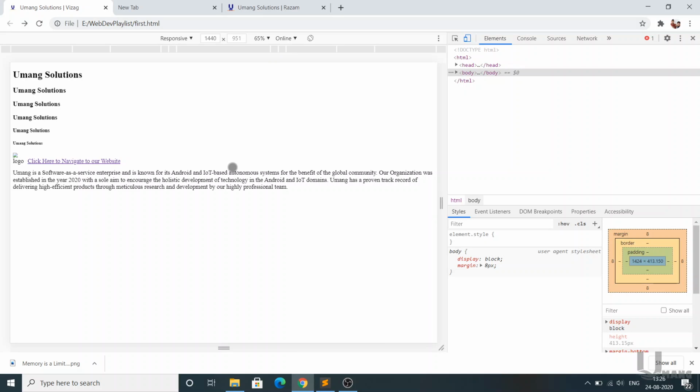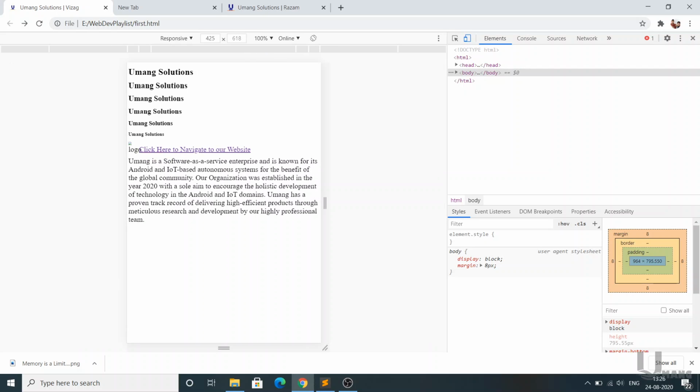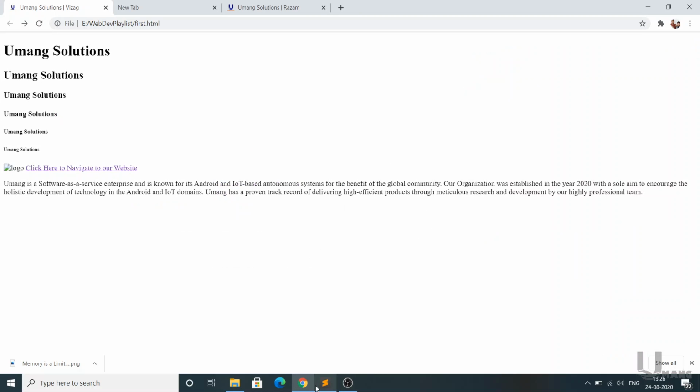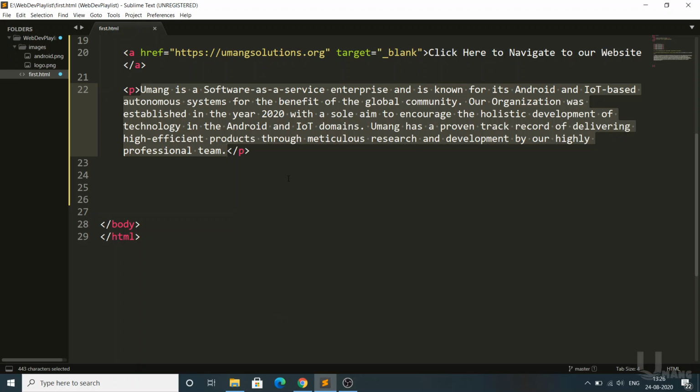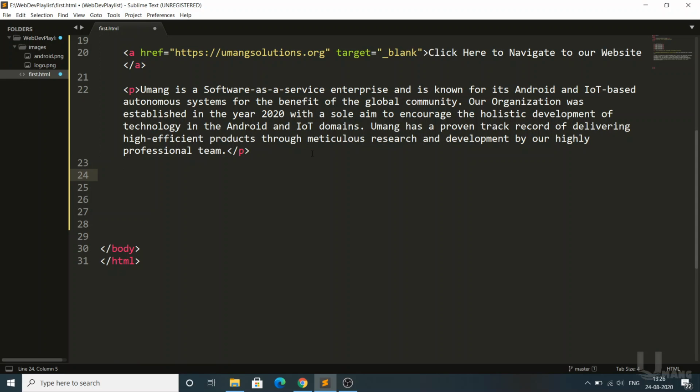So for example, if I use the paragraph tag, in the laptop it is showing in 3 lines. Coming to the mobile, it is automatically changing to some 5 lines. So the paragraph is automatically getting set. The advantage of the paragraph tag is that the lines automatically break. Okay, that's about the paragraph tag.